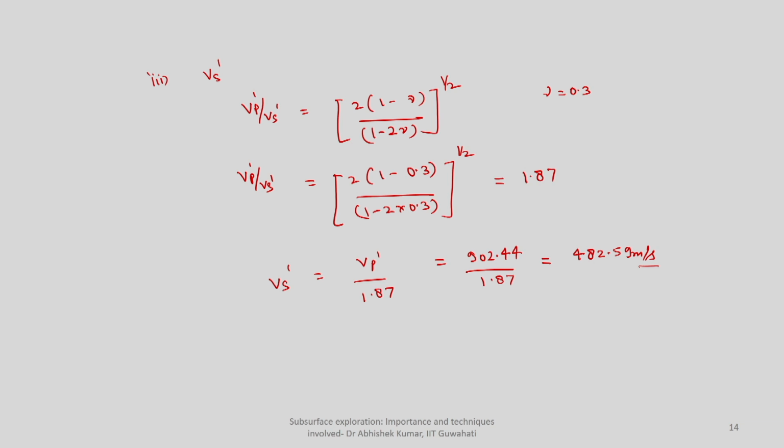With this, I hope this example and today's class have given you a sufficient idea of what the source is and what the receiver is, and depending upon the choice of the source, what kind of wave will be dominating, and how the energy generated at the source will be contained to the receivers. Once you know the choice of the source, depending upon the time of arrival detected at the receiver, you will be determining the corresponding P velocity, S wave velocity, and so on.